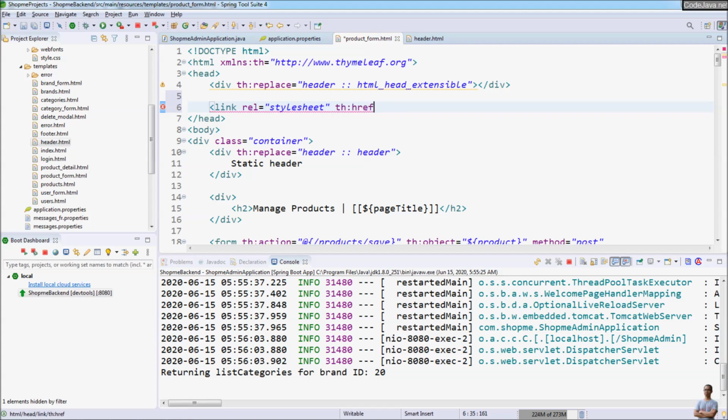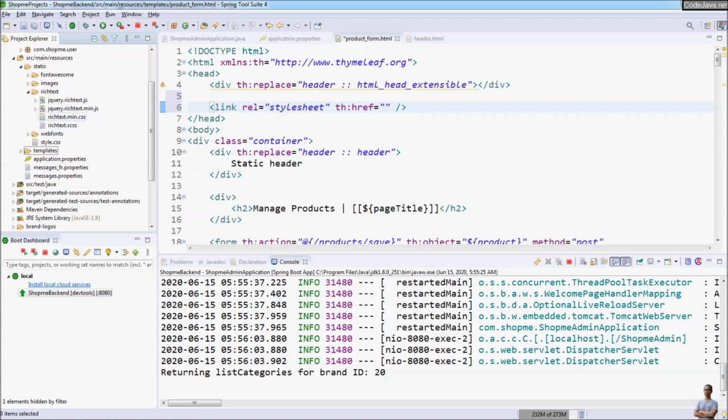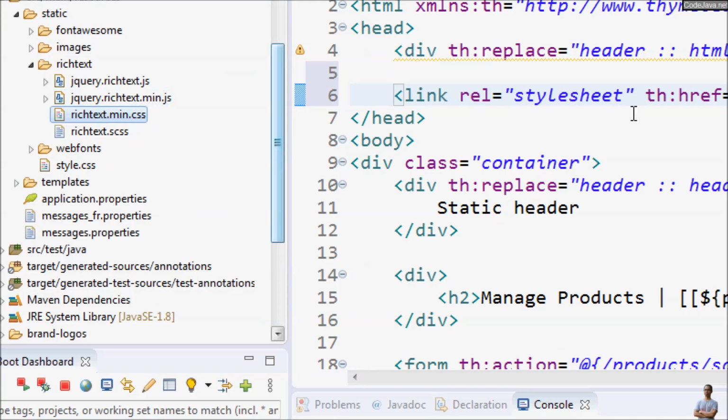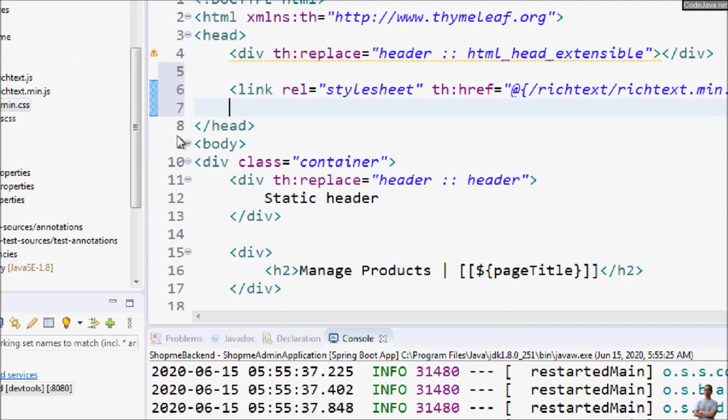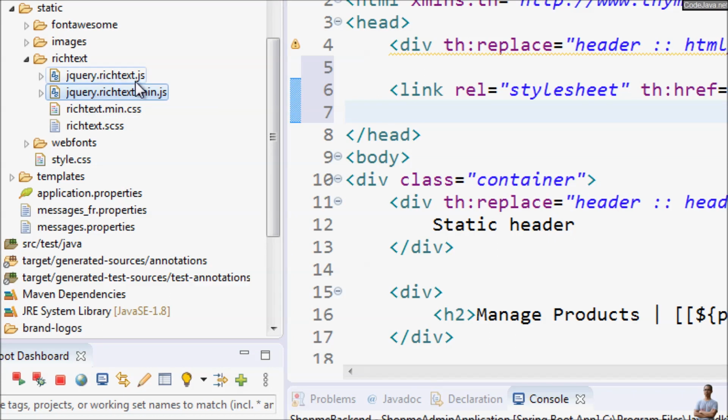I use the Thymeleaf th:href syntax to refer to the static file, in the directory richtext/jquery.richtext.min.css, and then for the JavaScript file jquery.richtext.min.js,